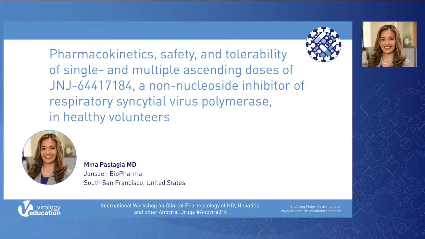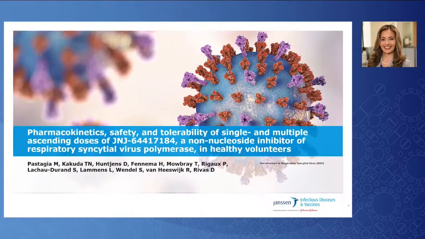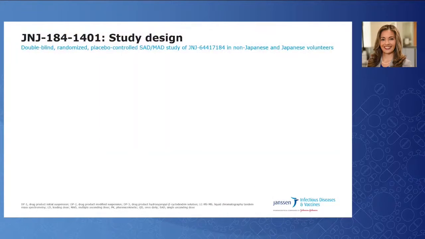Thank you for the opportunity to present data for J&J's 644-17184, which is a non-nucleoside inhibitor of RSV polymerase. The study was conducted in healthy volunteers. This was a double-blind, randomized, placebo-controlled study assessing single and multiple ascending doses of J&J's 7184 in non-Japanese and Japanese